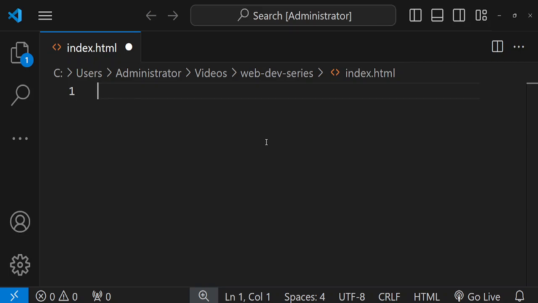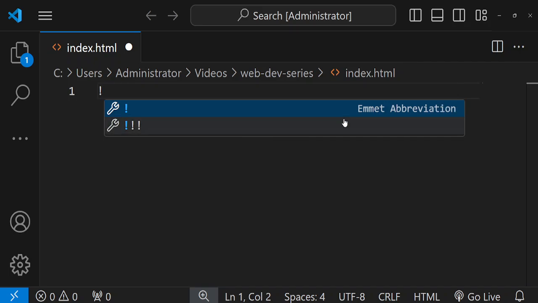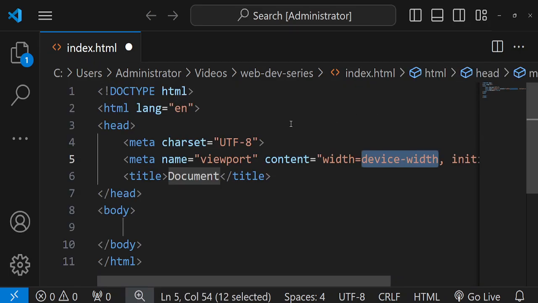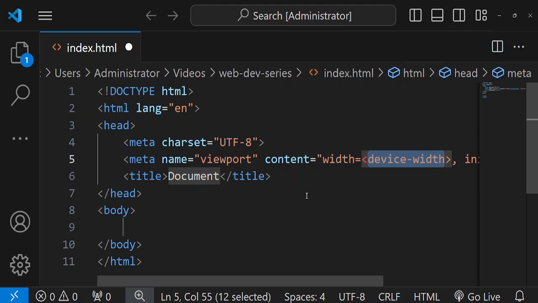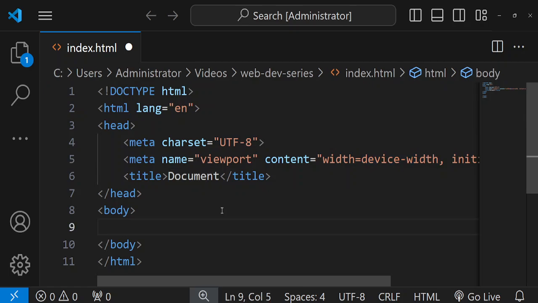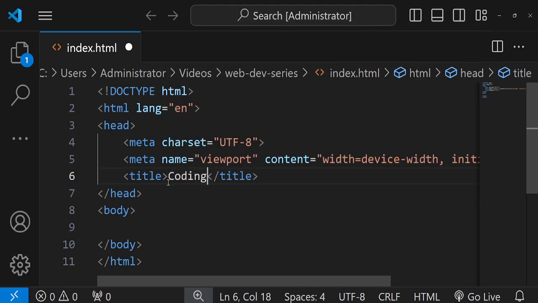So first of all, we'll start by launching our boilerplate. As I told you in the last video, when we type exclamation mark, you could see this Emmet abbreviation. Click this, and your boilerplate will be ready. Inside this, first of all, we're gonna tell how to insert a link. We're gonna be writing inside this body. First, you could change your title, whatever you want. We'll change it to coding